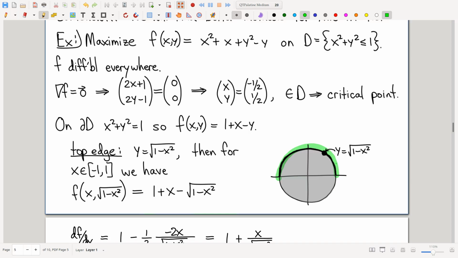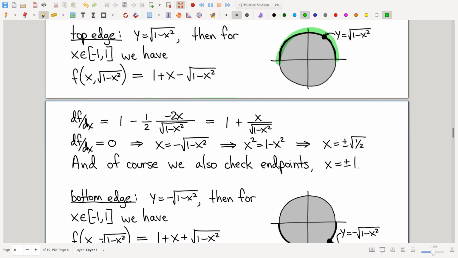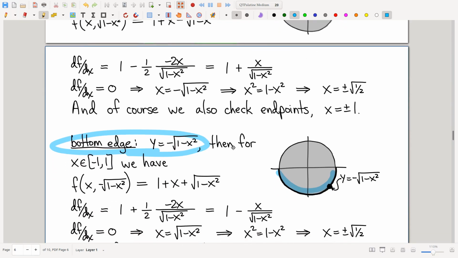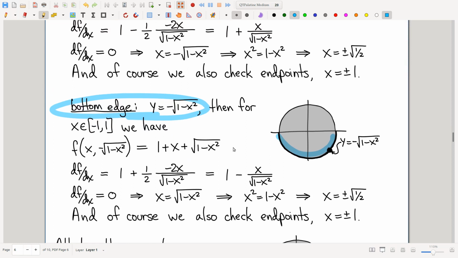The top edge has a different formula than the bottom edge. Right? On the top edge, y is the positive square root. On the bottom edge, y is the negative square root. You get totally different algebra. And so you've got to go through, and you can see it's a little clunky. It's not the worst thing in the world, but it's a little clunky, and wouldn't it be nice if there's